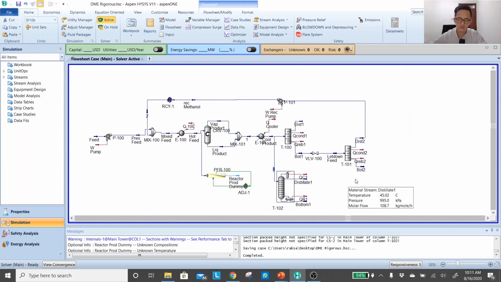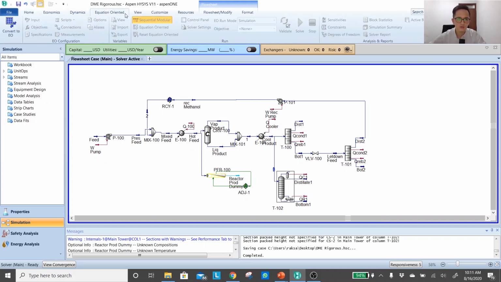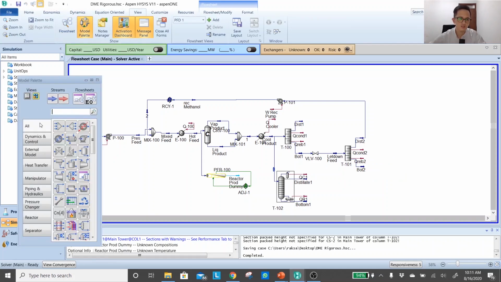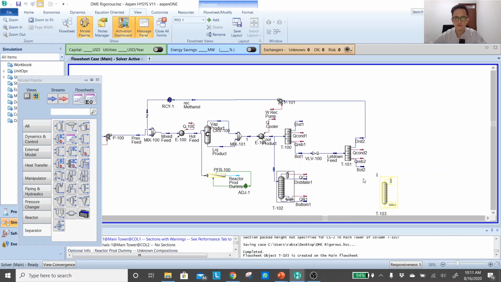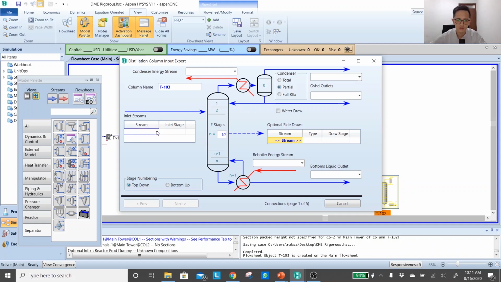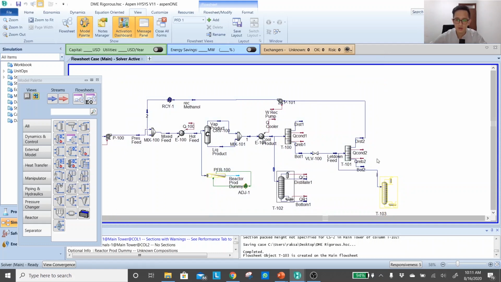So now the distillation column is finished, and you can perform the second distillation similarly to the previous distillation. So add the separator, distillation column, and then split it so the letdown feed goes into the rigorous distillation, and perform the rest of the simulation with similar steps.